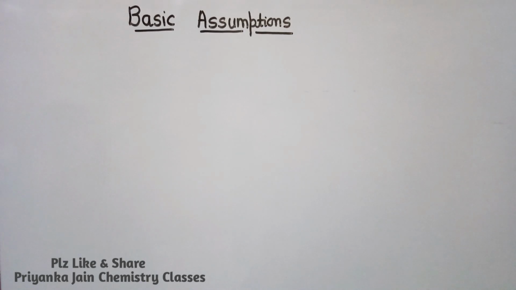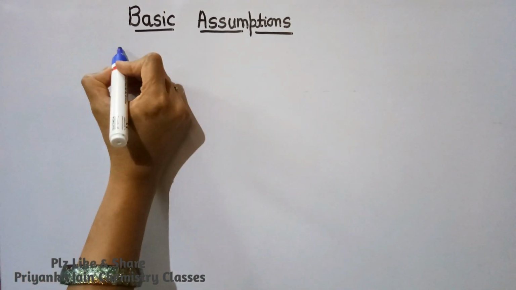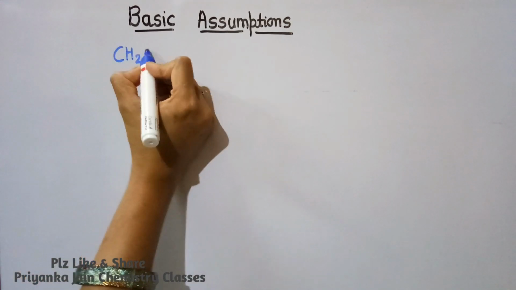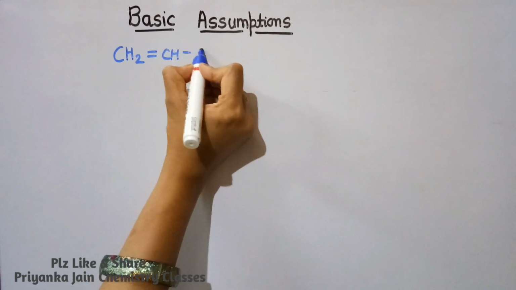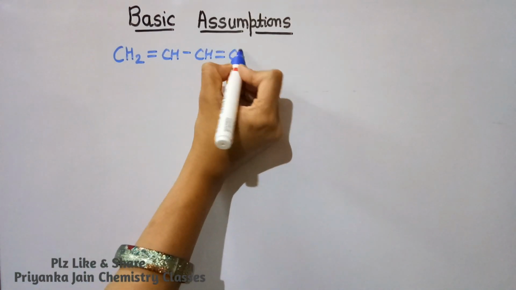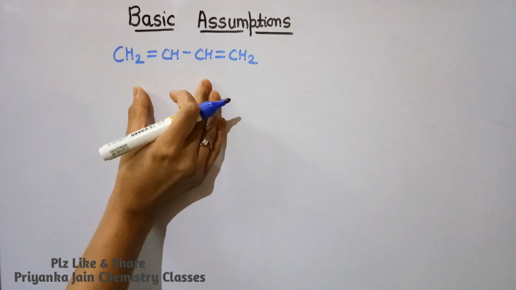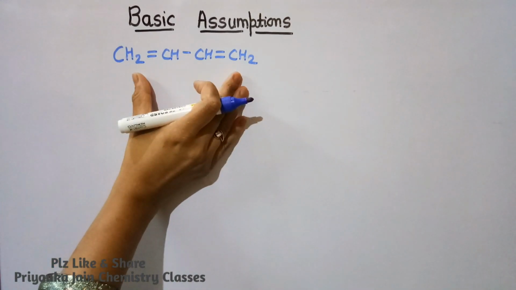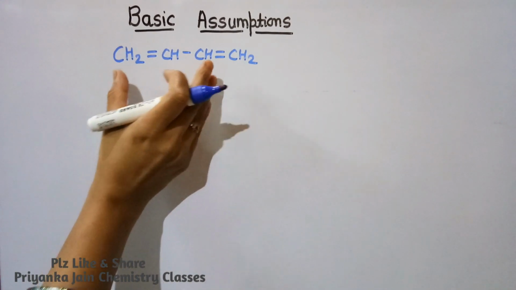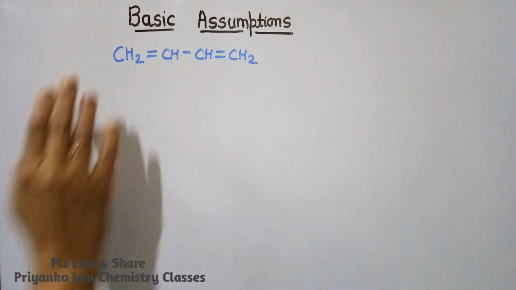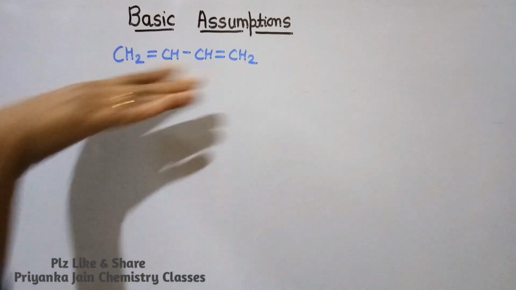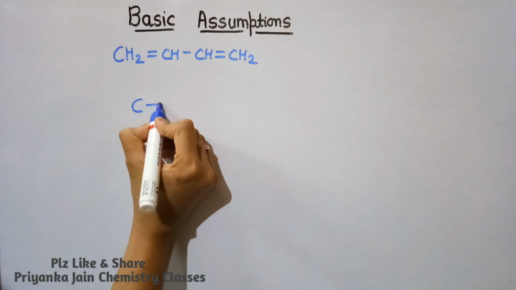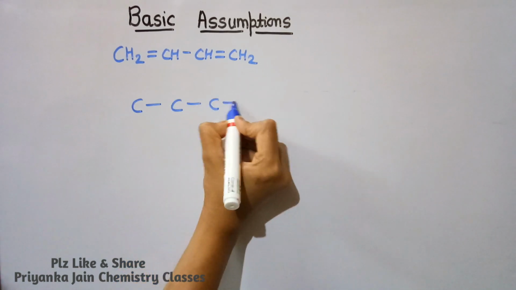Actually Huckel assumed conjugated planar polyene systems. Suppose we take this system, CH2 double bond CH, single bond CH, double bond CH2. This is 1,3-butadiene and it is a conjugated system. Now see here, in this type of system all the atoms are in the same plane. It means all the carbon atoms are in the same plane, and all of them are